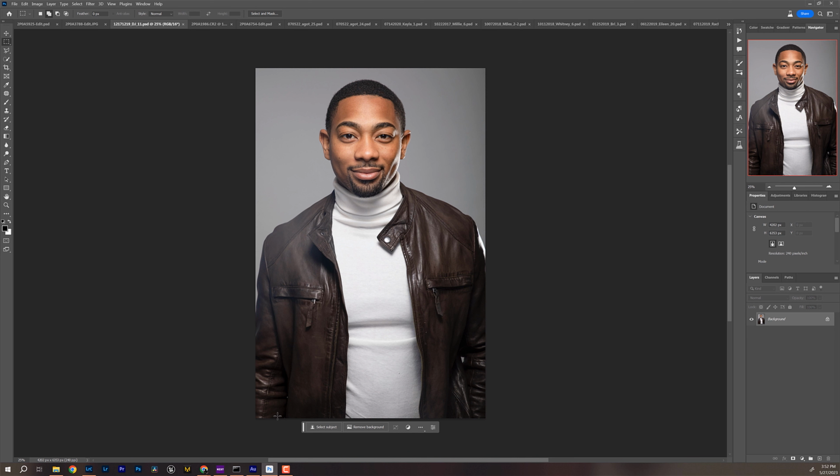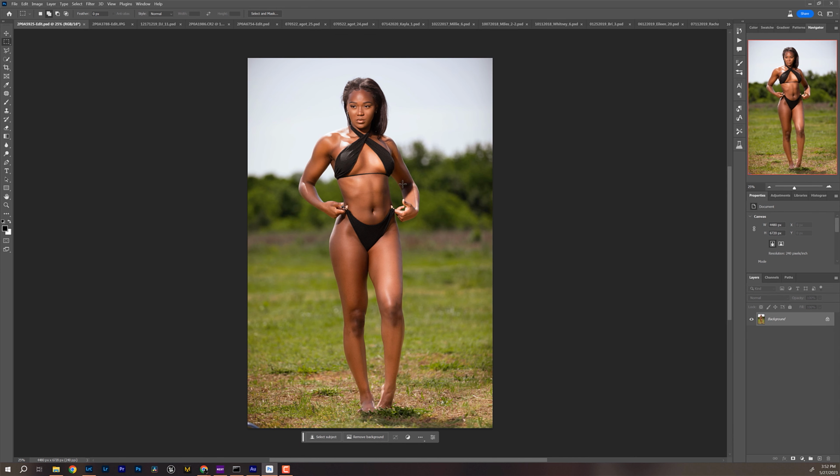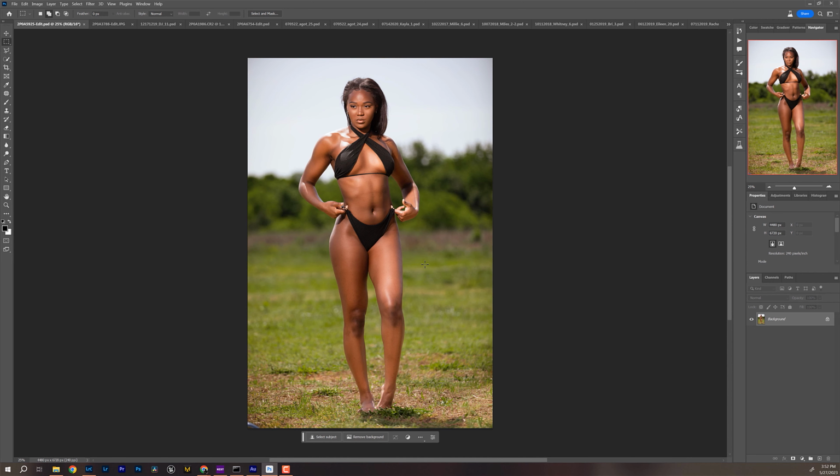Now I've prepared a number of images just to show you different scenarios on what I mean. So this image here was shot, she does fitness. She's also an actress and a model, so she wants to do something more fitnessy. Couldn't get a gym, right? So we did it outside the studio, and it was perfect to have a nice, because she's a country girl too, so it kind of gave that dual feel. But say I wanted to put this in a gym, right?